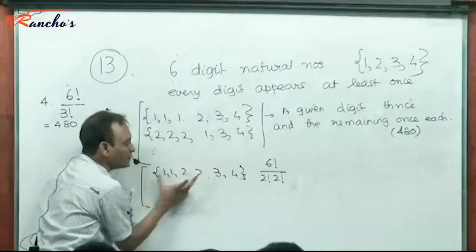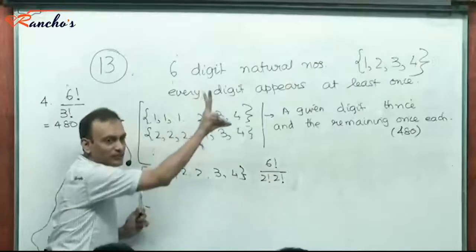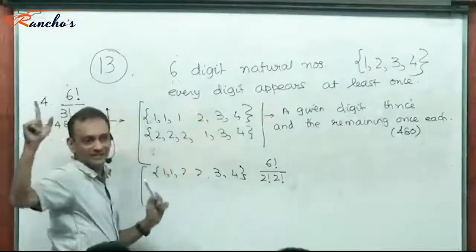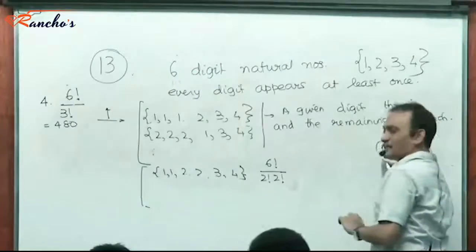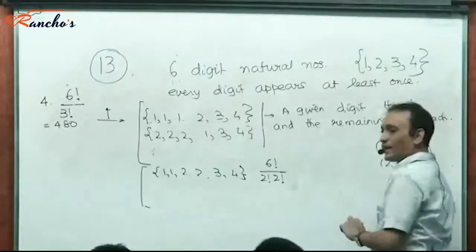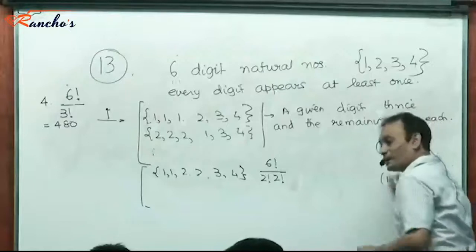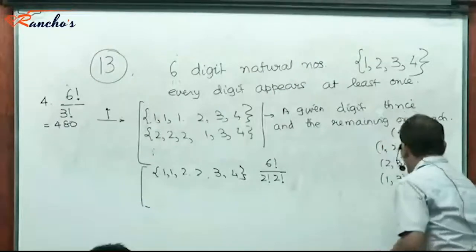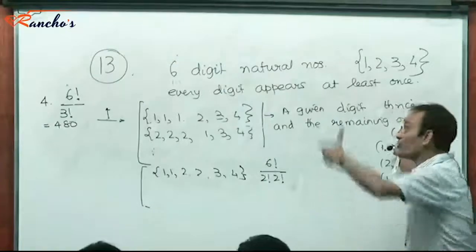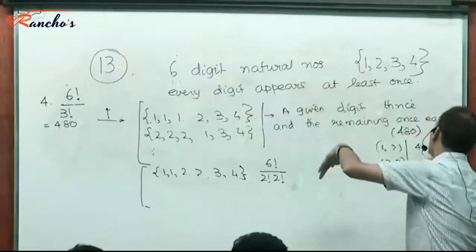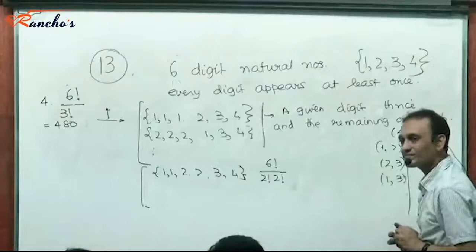That means the numbers that are repeated, 2 such numbers have to be selected from 4 C2 ways. See, I can select 1 and 2 to repeat twice. I can select 2 and 3 to repeat twice. I can select 1 and 3 to repeat twice. So it's about selecting 2 numbers, each one of them repeating twice. So from 4 available, if I have to select 2, I can do so in 4 C2 ways.